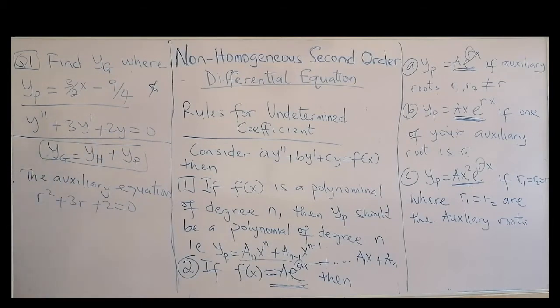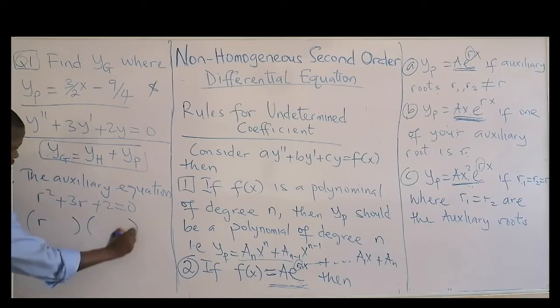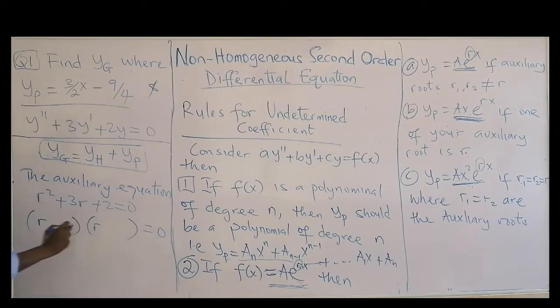As you have here. Can we factorize this one? Let's try to check. This is 2. Factors of 2 are 2 and 1. So can 2 and 1 give us plus 3? Yes, 2 plus 1. And when you multiply those 2, it will give you back the plus 2. So that will be plus 2, plus 1. So r is equal to what? Minus 2 or minus 1.